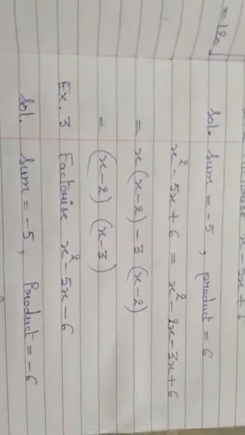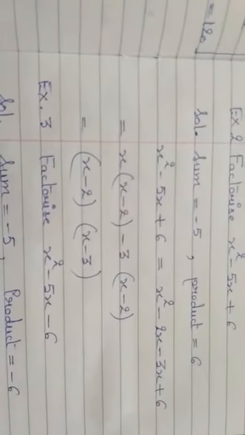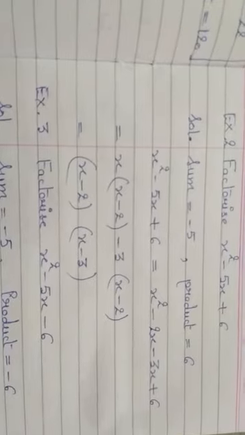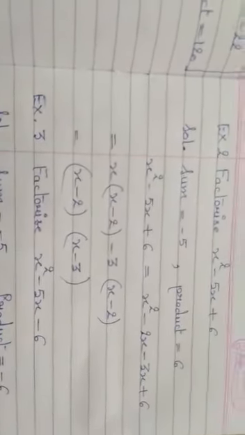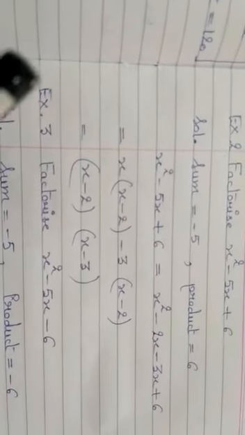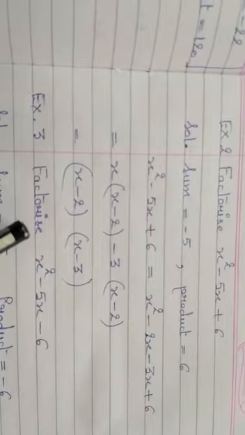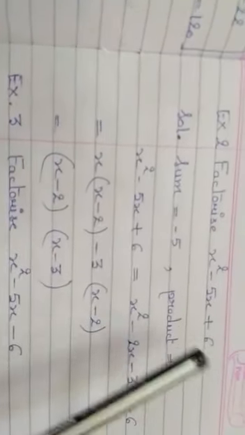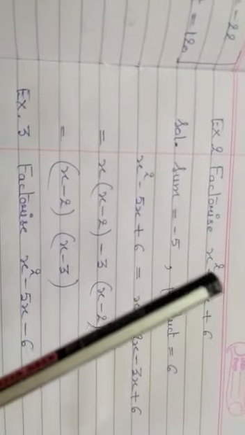So it seems very easy to us. That splitting is very easy, but it's not that easy, because students make so many mistakes while splitting the terms. As I've told you, the basics should be very clear to you. If the basics are clear, you can do every question. As I've told you in the previous question, the first question we have taken, the product was plus 30.